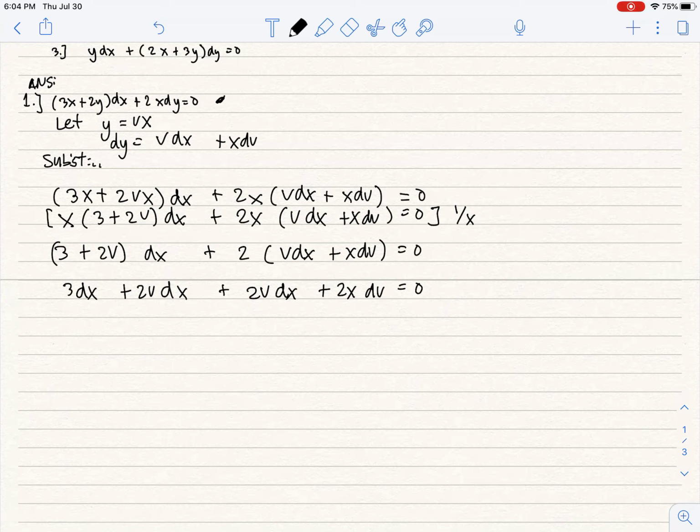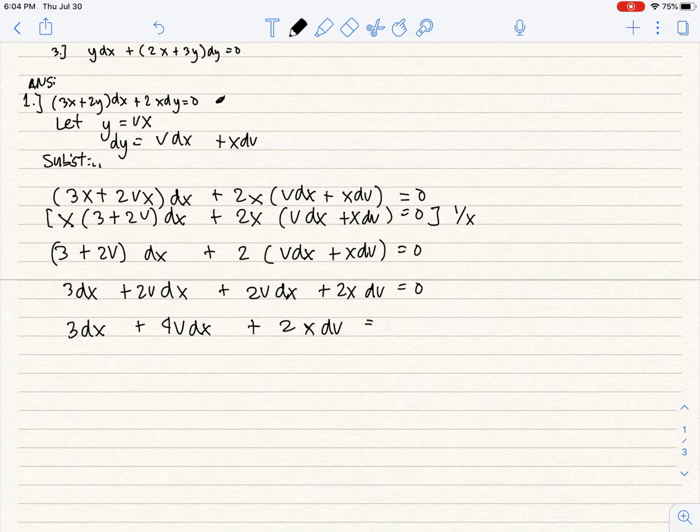So this whole equation simplifies to 3dx plus 2v dx plus 2v dx is just 4v dx then plus 2x dv. Okay? Then the next thing to do is